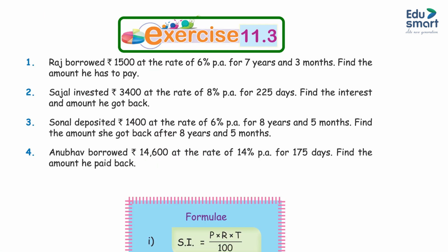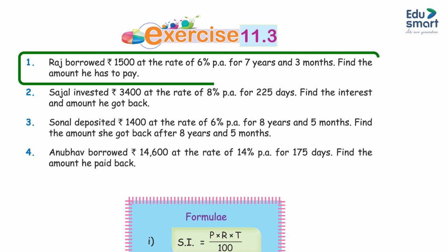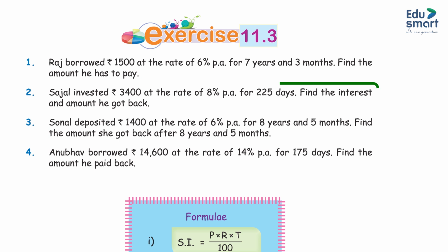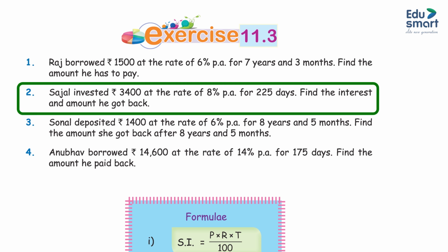Exercise 11.3. Question 1. Raj borrowed rupees 1500 at the rate of 6% PA for 7 years and 3 months. Find the amount he has to pay. Answer: 2152.20. Question 2. Sajal invested rupees 3400 at the rate of 8% PA for 225 days. Find the interest and amount he got back. Answer